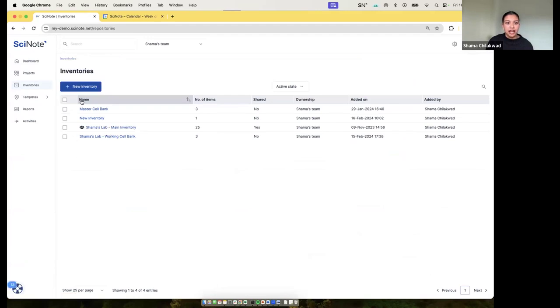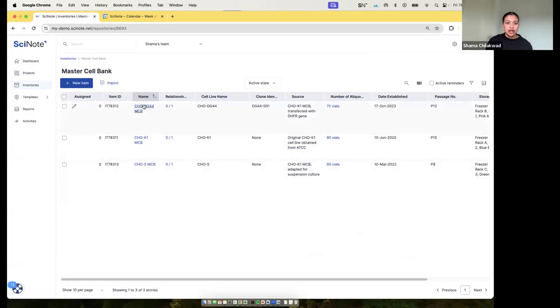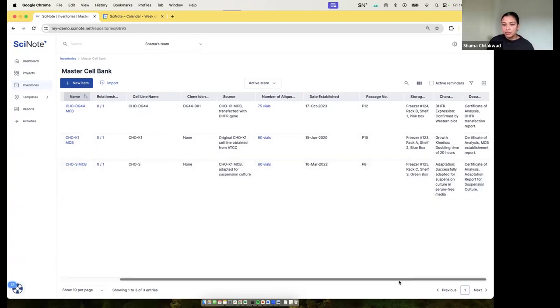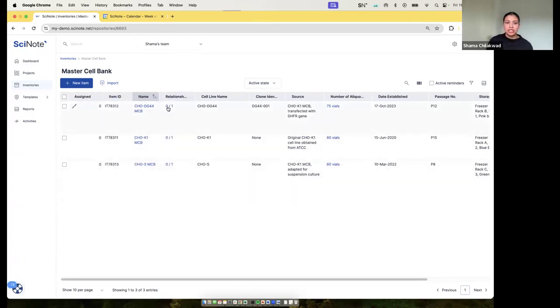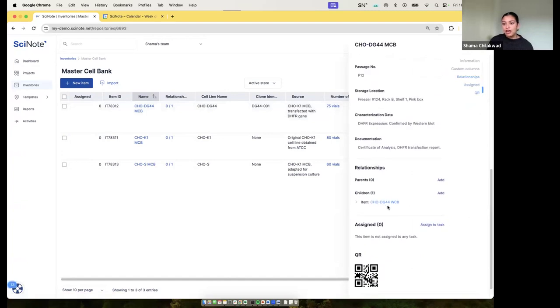So if you see here, I've got a master cell bank and a working cell bank. They have very few items in them, but that's just because I'm building it out. So if I click in my master cell bank, you'll see that I've got 3 different cell lines here, and I've captured all the relevant information of the source, the number of aliquots that I have, the passage number, the storage information, characterization, and documentation information. But in the relationships column, you'll see that each one of these items have no parents, but 1 child. And when I click on this, it'll show you the child that is linked to this master cell bank